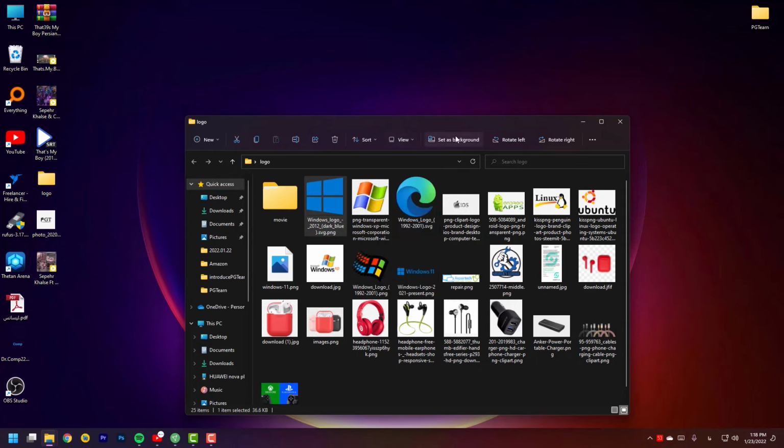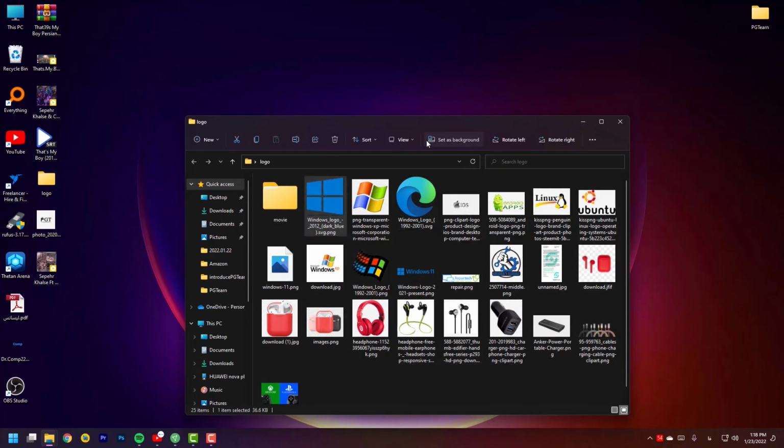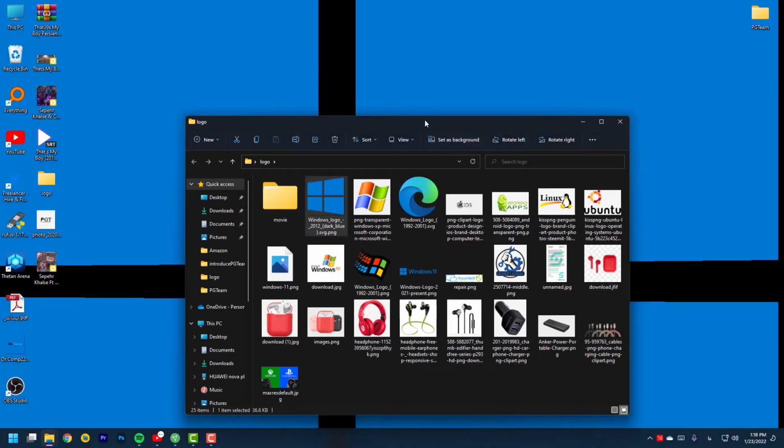Set as background, when you press it, it will set as the background. Rotate left, rotate right, and the picture will be rotated. On here it will be more options. Burn it to the disk, undo, select all of the things selected. These are the full options of that. Oh, I said it as background. Okay,